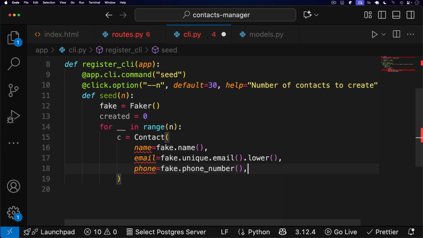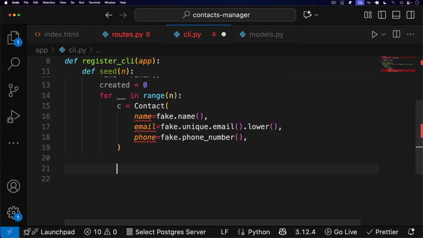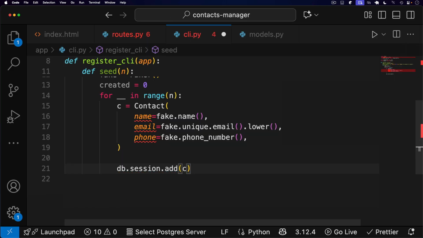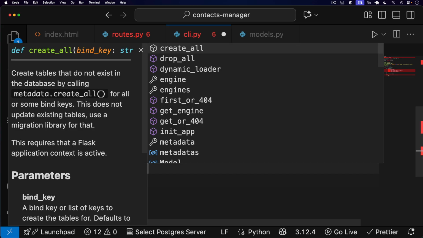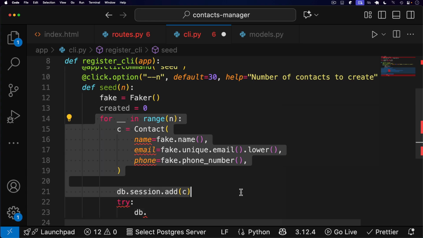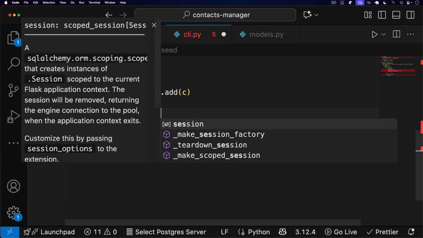Okay, so yeah, that works really good. So now let's come back here and grab the session from the database and add the contact, just like we regularly do in our functionality when we create data, right? Now let's put a try block here, just like we did before. We still have to do our diligence, like we are creating a record, right? The only thing we're doing here is using Faker to produce multiple types of random data, but everything else should stay the same. We need to commit, we need to check for integrity and all that stuff. So we're gonna try to commit here,